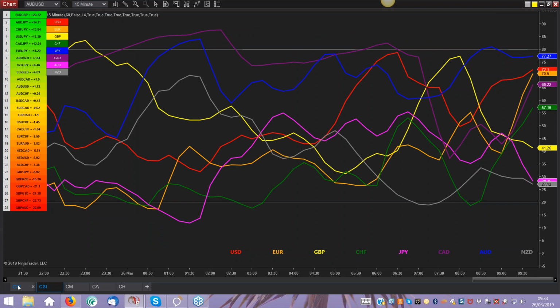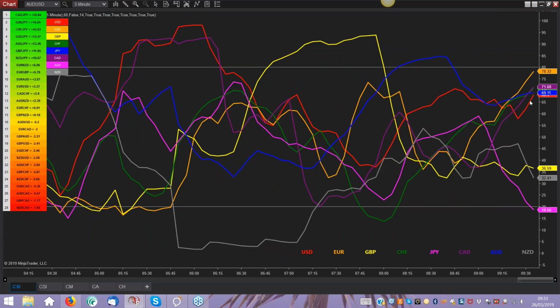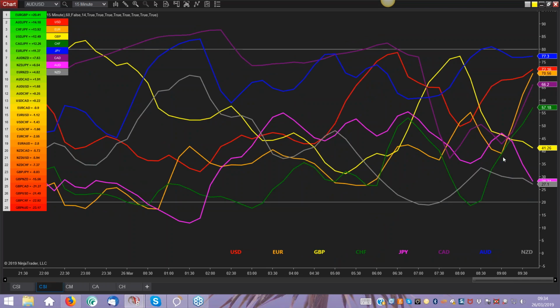This is on 15. If I flick over onto 5, you can see here the green line rising very steeply, but the Aussie is not falling particularly strongly, but we've got sufficient strength in the green line, the Swiss franc, to give us a decent trend. You can see the strength in the yen here as well, which is falling really nicely at the moment. So lots of opportunity for trading that one. You've got the CAD, the Swiss, the Euro, spoilt for choice really.